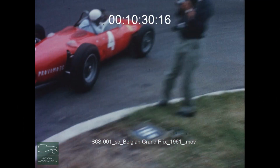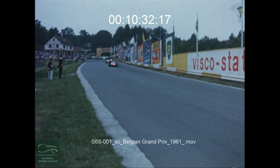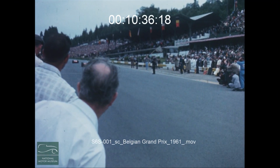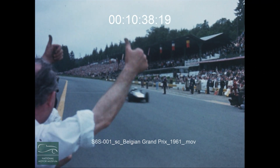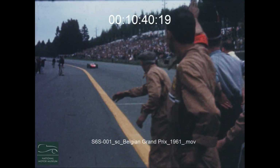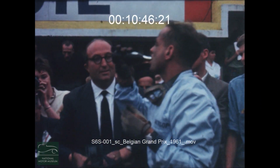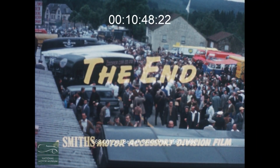Hill and Von Trips round the hairpin for the last time, and Phil Hill wins the 1961 Belgian Grand Prix less than 1 second ahead of Von Trips. And so, as a full result, first, Phil Hill, Ferrari, at an average speed of 128.15 miles per hour. Second,